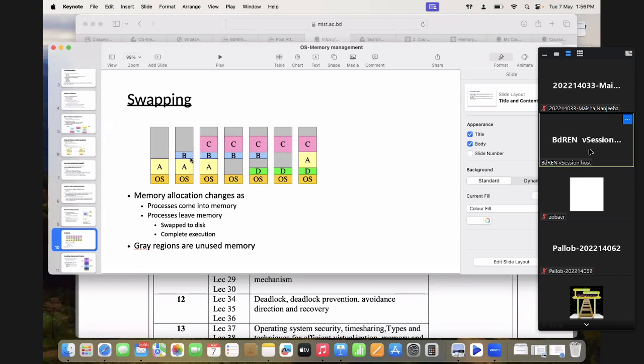That is one issue, the holes or the gray regions. The second issue is, if you notice here, A and B are immediately next to each other in the sense of memory layout, so they are in adjacent blocks. Again, as an example, say two students have built houses side by side, in a set layout, in a set block.